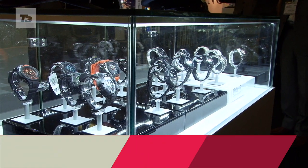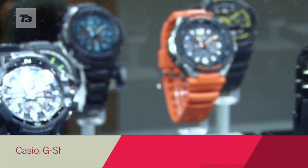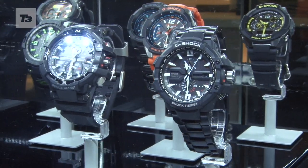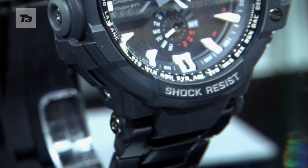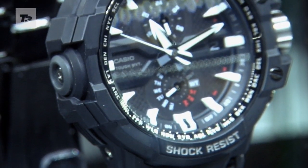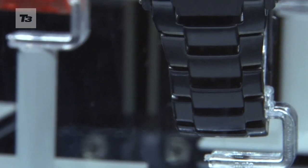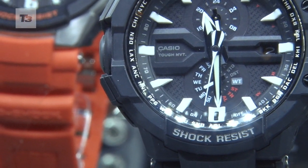Casio were displaying their G-Shock range, and the RAF pilots who inspired its new Aviator watch technology were on hand to tell us more. We're basically from the RAF ski team, which is how we got involved with Casio and G-Shock. We got the guys together on the team, pilots from all different backgrounds, helicopters, multi-engines, fast jets, and we came up with some features that we really would have liked on the watch. And then we produced the collaborative watch,